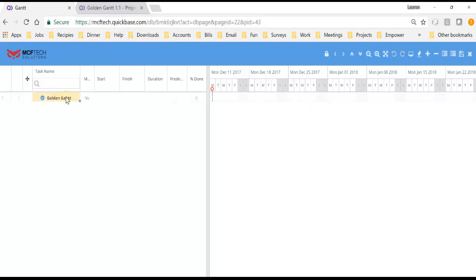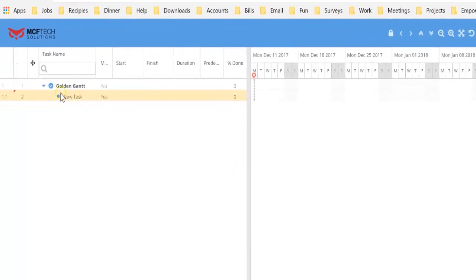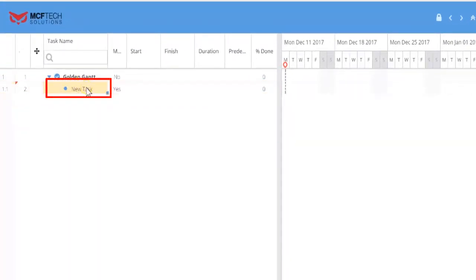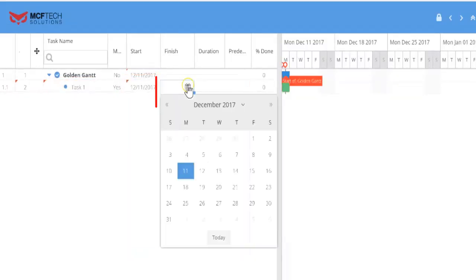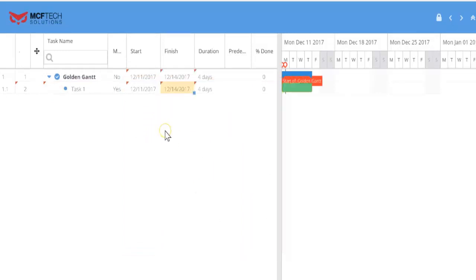Simply single click on it and you'll see that it gets highlighted. What that does is make available this plus sign, which is how we add our initial task inside the Gantt. You can see that our task record has now been added underneath the project. To change the name, we simply double click and type in our appropriate name. In this case, we'll simply do task 1. We can select a start date and we can select a finish date. We will go more into this details on entering your task information in our basic operations and basic scheduling lessons